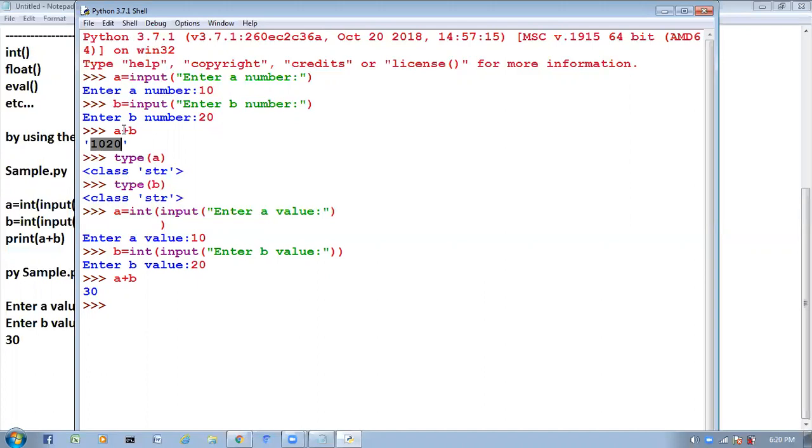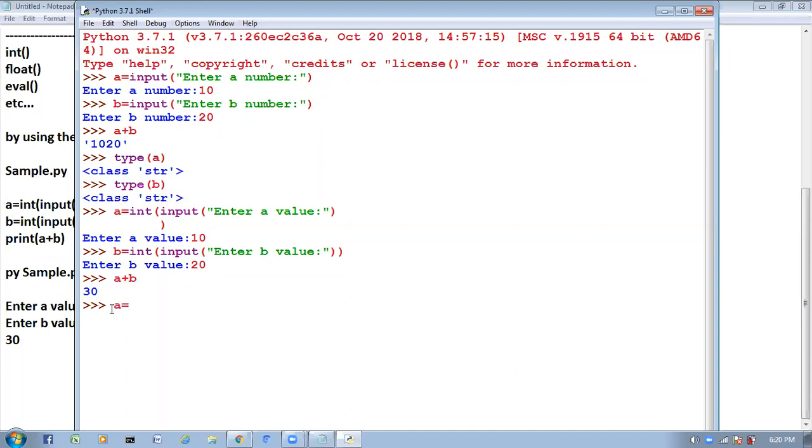So now if you want to get the sum of those two numbers, what do we have to do? We have to convert that string type into integer type. How can we convert? By using typecasting functions. Python provides some predefined typecasting functions. By using those, we can convert string to int. Now, what is the type of A? Int. What is the type of B? Int. Here, I am applying the plus operator between two integer type arguments. Then we will get the result 30. Clear this one?